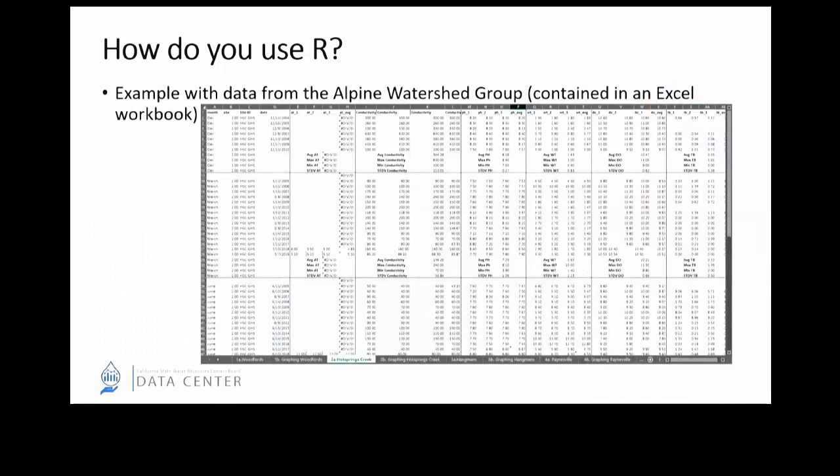And so finally, I wanted to run through a quick example using that same data set that Anna talked about earlier from the Alpine Watershed Group. So the data is in this Excel workbook. It's probably formatted in a way that works great for doing an analysis in Excel. It's not necessarily the way I might want to work with it in R. So what I'm going to do is take it and format it into a more usable style, and then make some quick plots with it.